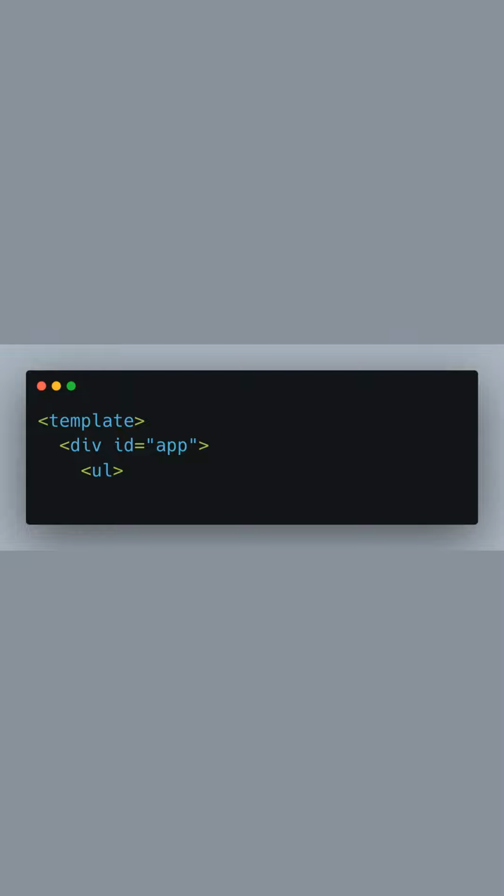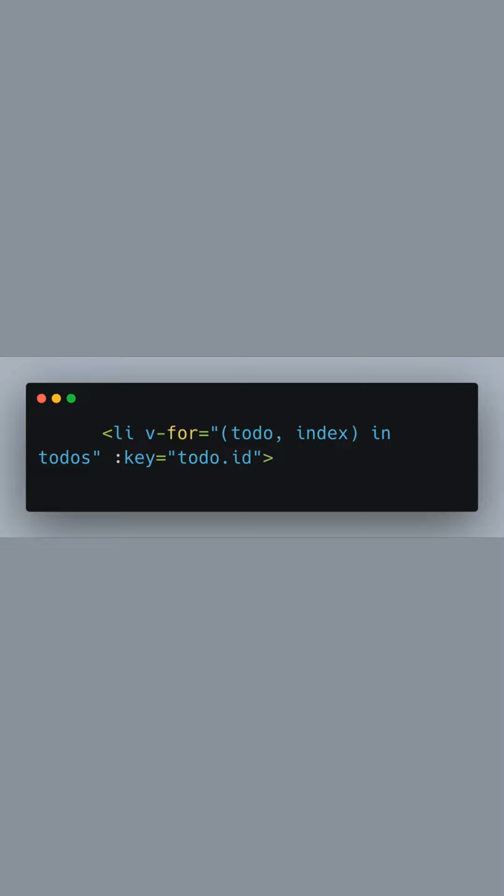Welcome to our Vue.js tutorial on creating a Todo list with a completion animation. We begin our template by setting up a basic structure with a div container and an unordered list, where our to-dos will be displayed. We use the v-for directive to iterate over the to-dos array. Each Todo item is given a unique key based on its id for Vue's virtual DOM to keep track of